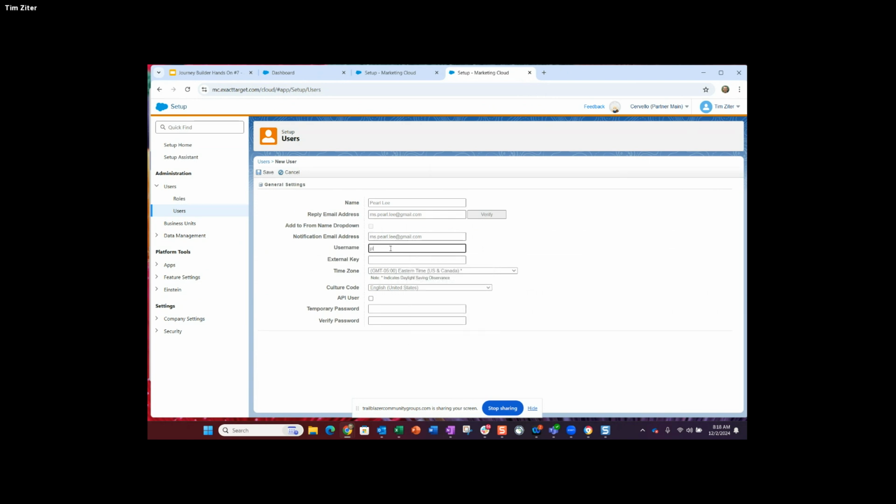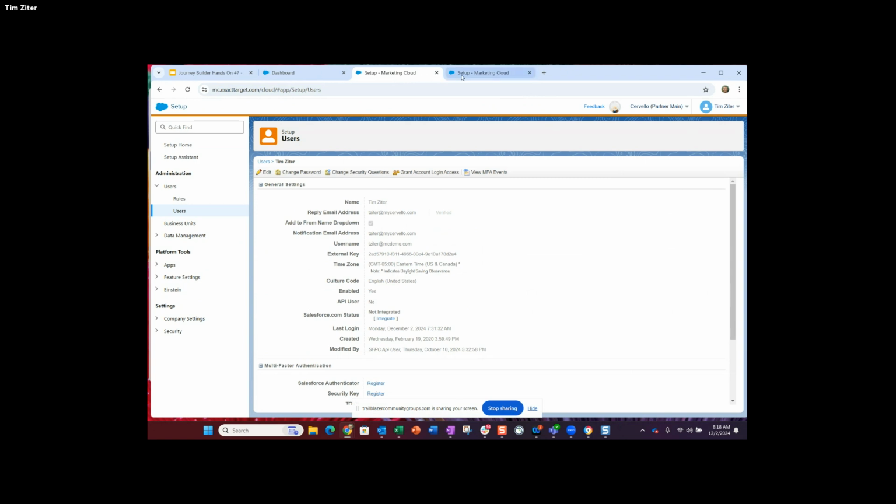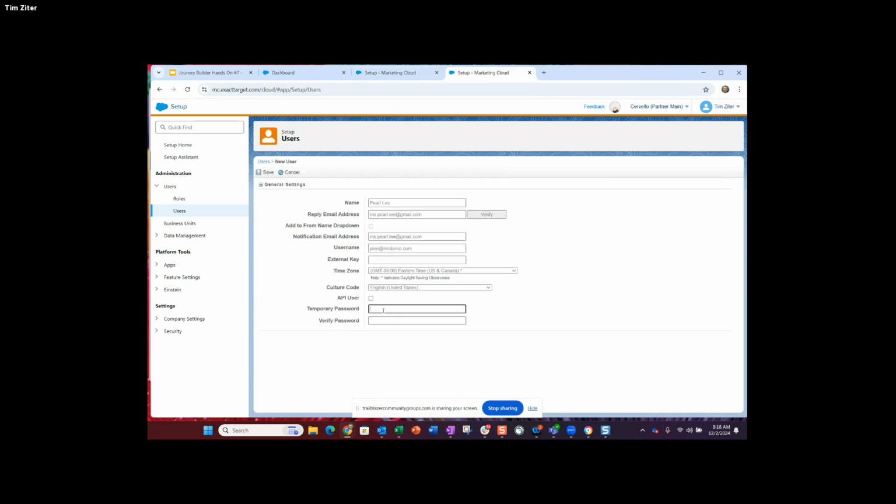And we're going to do plee@mcdemo.com. Just want to make sure that matches mcdemo.com. And then for the password, I just typically use capital PASSWORD, 1, 2, 3, $.